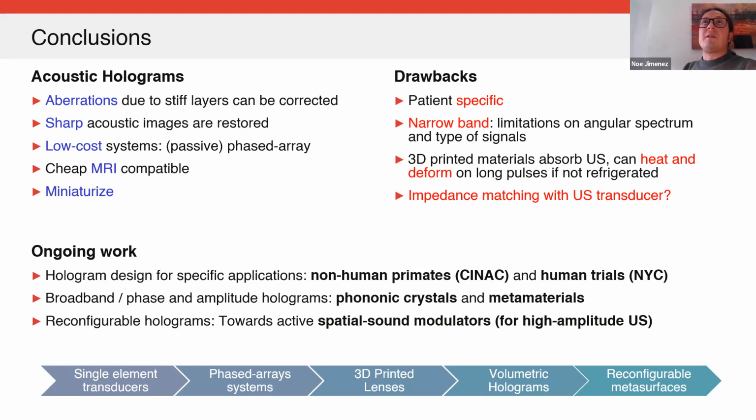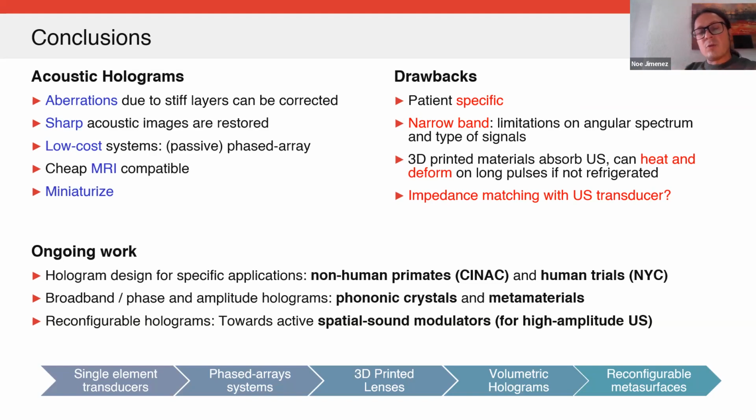But it would be desirable, for example for histotripsy, which comes to mind, to have broadband holograms, so broadband metamaterials in order to do that. We are using only these phase plates right now, but we are testing phononic crystals and